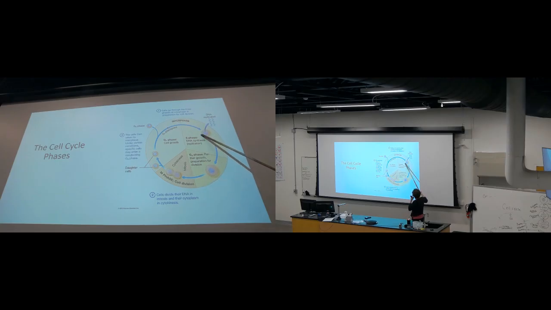So cells spend most of the time in interphase, which is all this. And then you have G1, which is where your cells grow, S phase when your duplication of DNA takes place, and G2 where you have further growth in preparation for cell division. Then you enter mitosis, which is a very short period of the cell cycle, and then cytokinesis where you split the DNA. So basically mitosis is